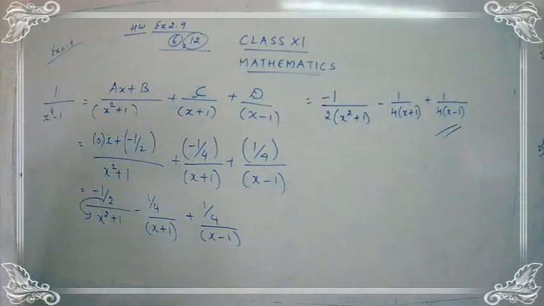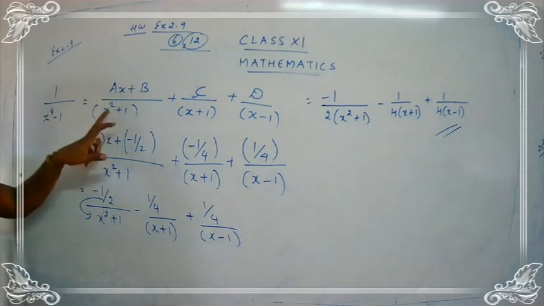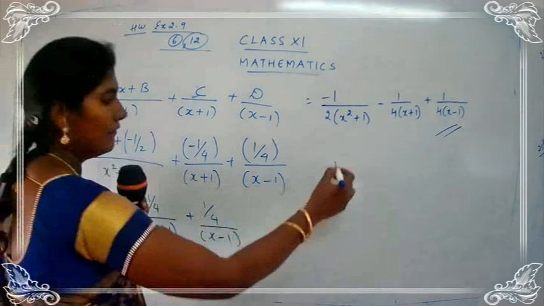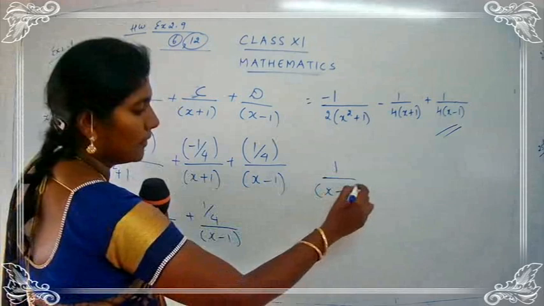Yes, children? Yes, it was a fifth sum, and this type of question will be for 5 marks. I hope you're clear. Today we have completed all the steps. So you can just check your steps of sum number 3, whether you have made any mistakes over there. Okay, children? I hope you are clear with today's class. So we have done 2 types. One where we dealt with the power x square plus 1. So when you have x square means you have to take the 2 factors. And one case where you have the denominator as x minus 1 the power.